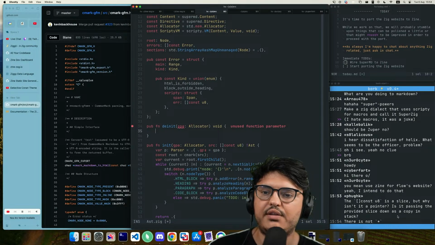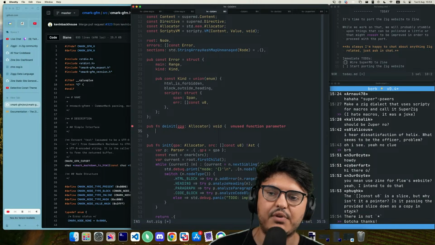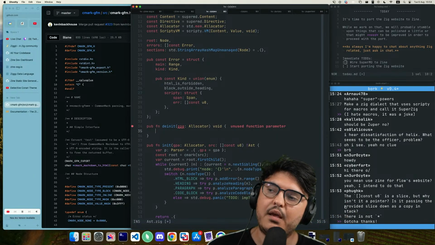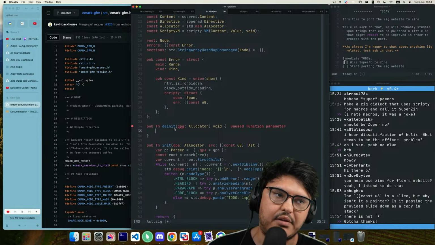And so, no, it doesn't copy. A slice doesn't manage memory. A slice is just a view into a buffer that is managed separately. You can manage the buffer manually using an allocator,